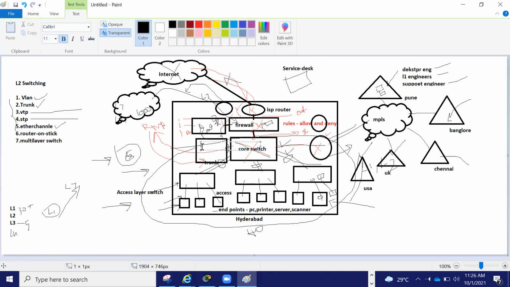So this one will be called core switch 1, and this one will be called core 2. Core 1, core 2. This is just a name, but generally you will use that name. Core, because they are playing a very key role. That's why core switch.